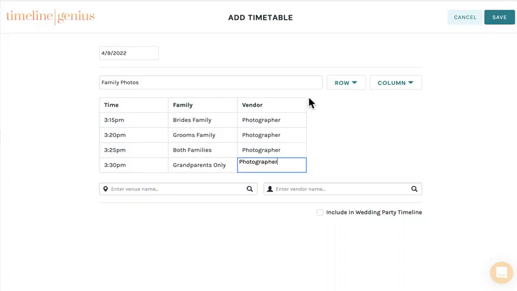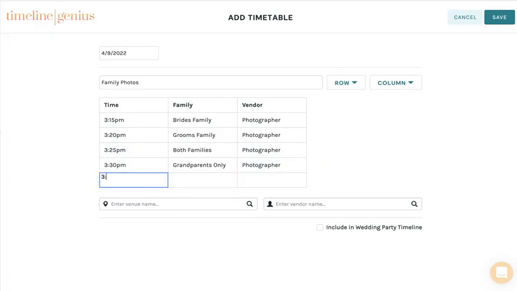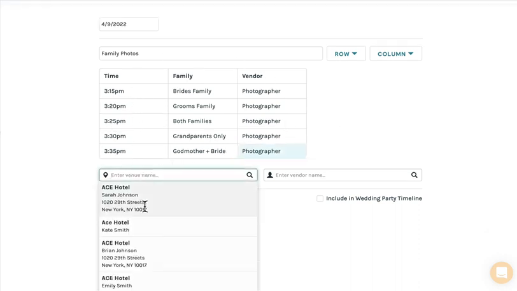same thing, photographer, and add a row below, and say 3:35, and we're going to say that for this example, there is a godmother and bride, and this is a very important photo that we don't want to forget, and so we're going to put it in here. Of course, you can lay this out however you would like,